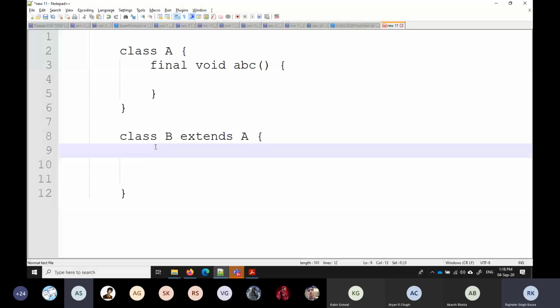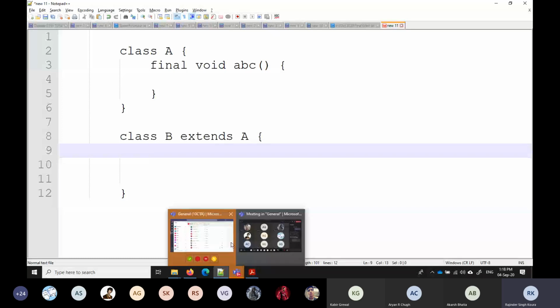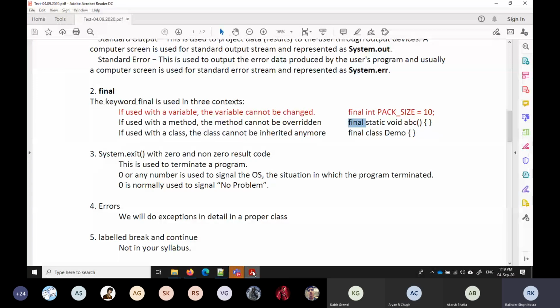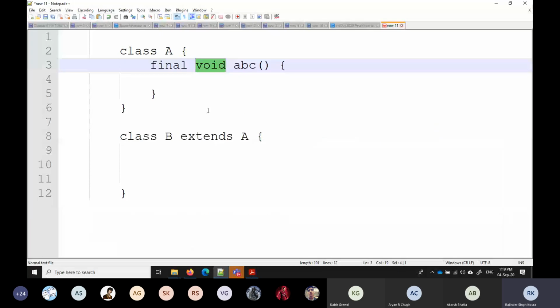Yes, sir. Okay. Sir, when does overriding occur? Does the method signature need to be the same or the method name? Yeah, the entire method signature needs to be the same. In fact, there are other things also. The return type also should be the same. Normally when we overload, the return type could be anything. The arguments could be anything, right? And moreover, there are many other things,